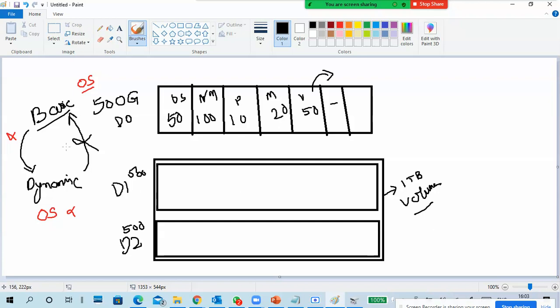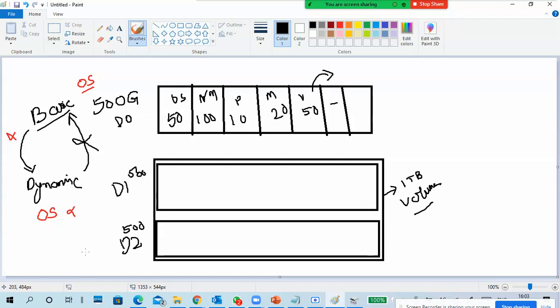So to do this, we have to convert from basic to dynamic. That is the main difference between basic and dynamic. A basic disk is usually for installing the operating system, partitioning the physical disk into multiple drives, and you can store data.